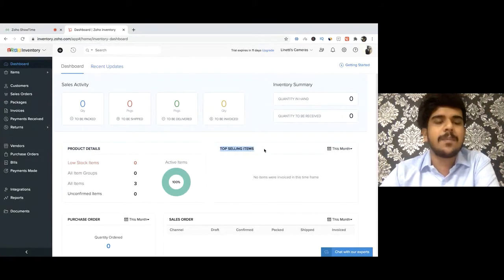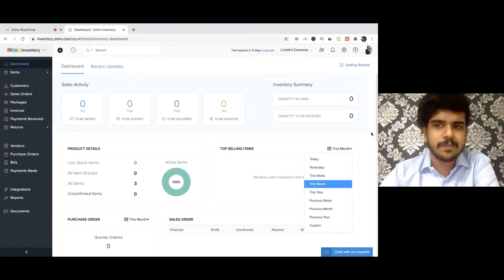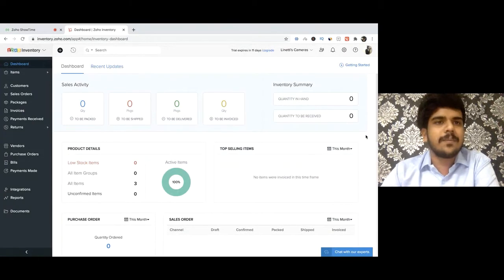And the best part about the dashboard is that if you click on a specific data, it will take you to the corresponding module. So on the dashboard, you're not just simply presented with the data, you can click on the data to know more information about it. And there are also a few time range customizations that you can do to the dashboard. Now let's start with the basic setup process.